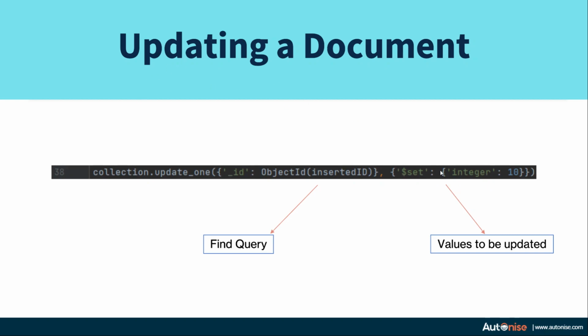You have a lot of commands like set, push, and so on, which you can explore to selectively update the values. Let's say you want to append a new value to an array, you can do that by using the $push command. You can have a look at the MongoDB documentation and get to know about the different kinds of commands which are available, and you can use them inside the update_one function. So this is how you update a document.